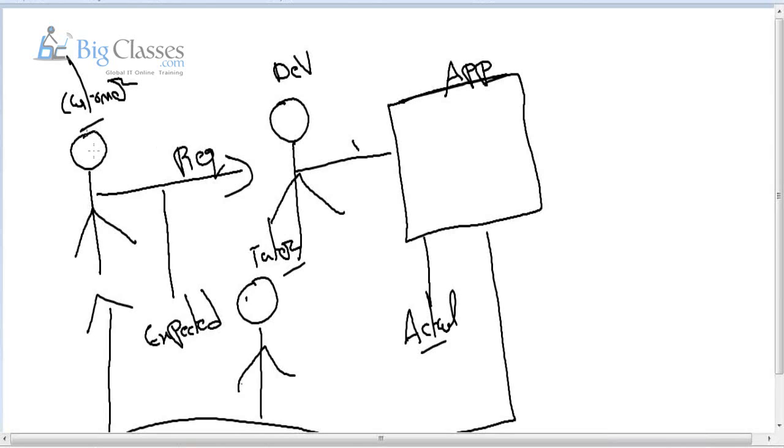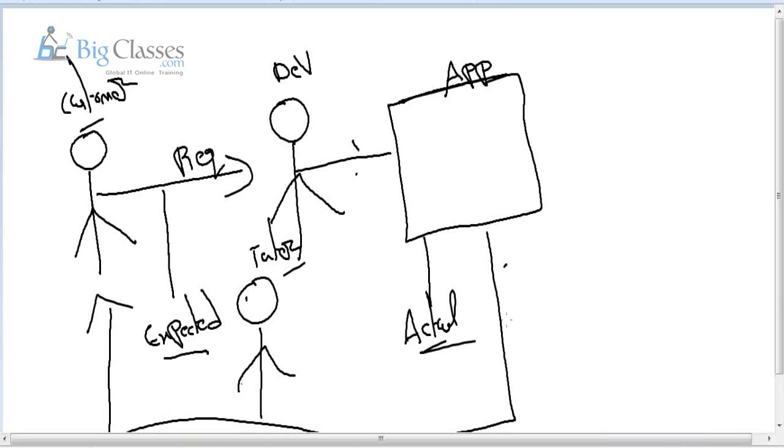First, the customer will provide some requirement to the developer. The developer will develop the application based on the client requirement. After completion of development, before giving the application to the customer, as a testing engineer, we need to get involved. We take the customer requirement as the expected value, and whatever the developed application is, we take as the actual value. So compare both: is expected value equal to actual value or not? Was the application developed as per client requirement or not?